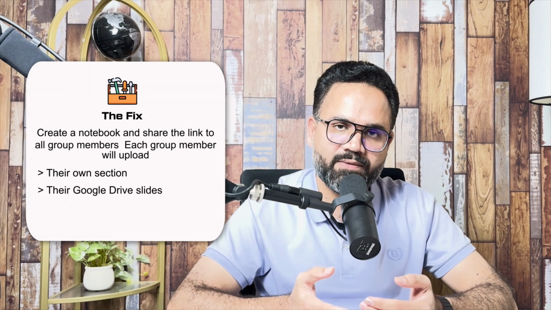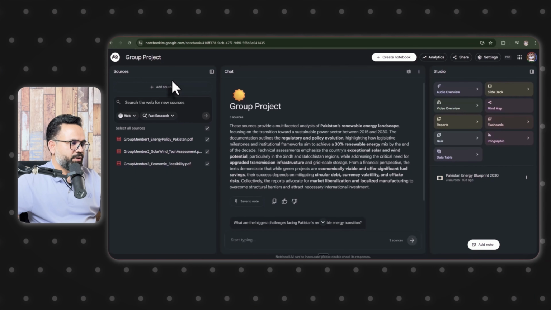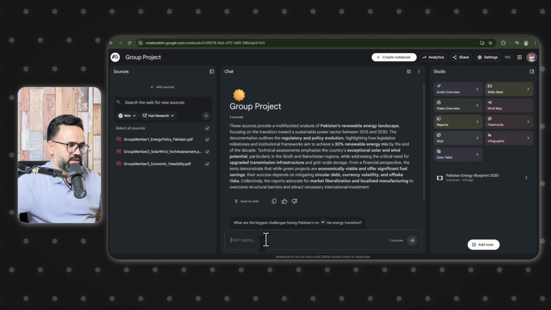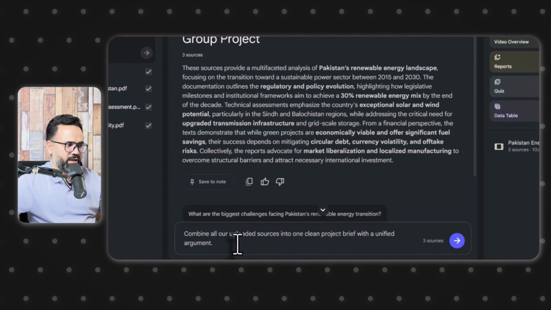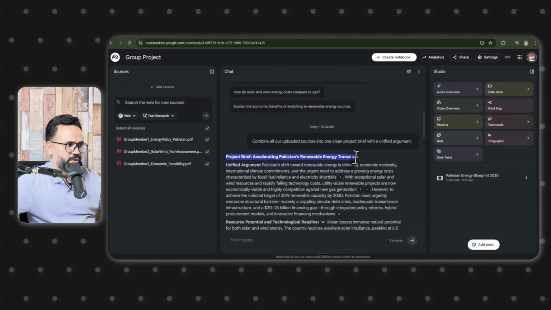Each group member will upload their own section, their Google Drive slides, collected research articles, and personal notes. I'm inside the group project notebook and I have uploaded the input from all group members. When this notebook is created, you can click on this share button to share it with other group members so they can also upload the information by themselves. After all the sources are indexed, I will ask in the chat, combine all our uploaded sources into one clean project brief with a unified argument. And you can see it has combined all the input into a unified